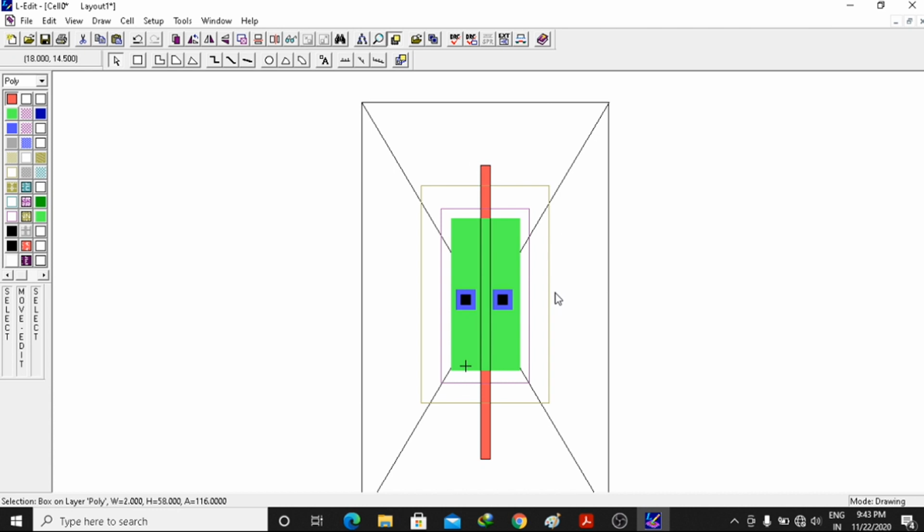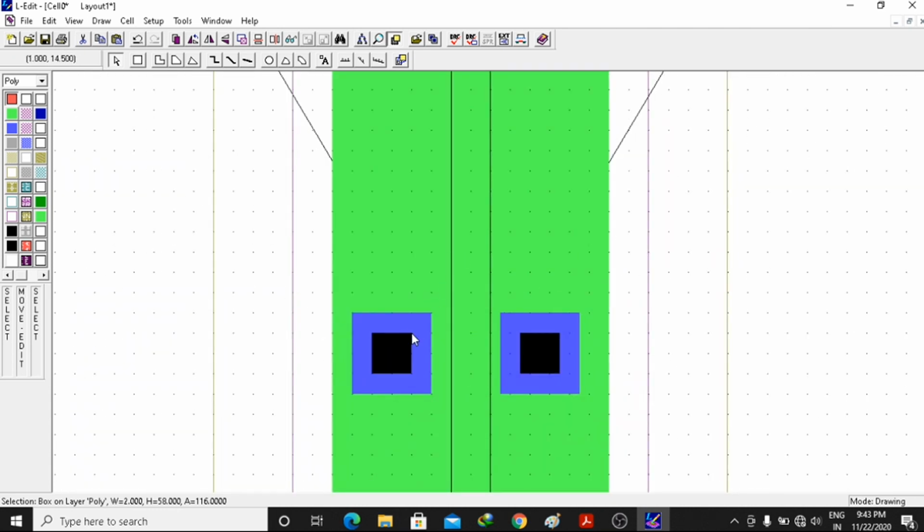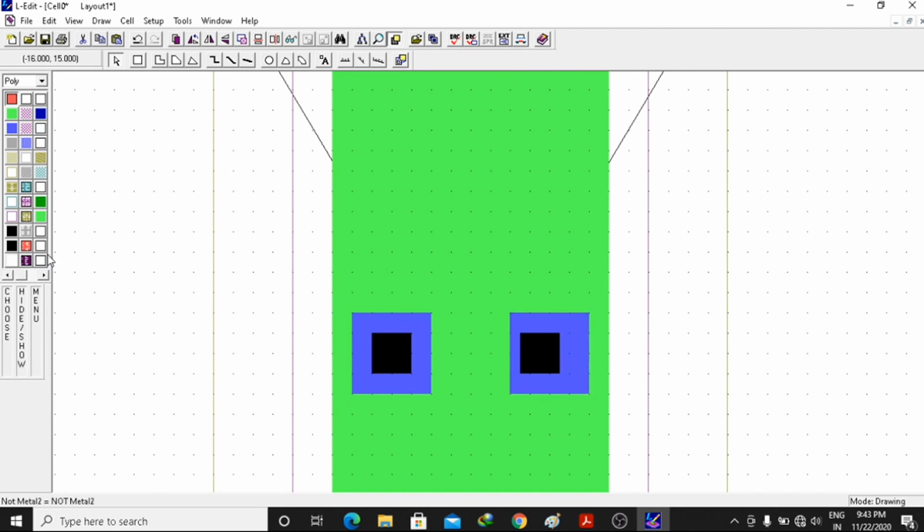For that, I also have a solution. You just zoom in, and you see that this distance is, I think, lambda, but this is somewhat less than lambda. So for that, I will select this blue button, and I will simply drag it a little bit towards the right. So wait a second, and right, yeah, I've simply dragged it a little bit towards the right, and then I will click on this selection. I will just place it after clicking Alt and this together. I will click it, and yeah.